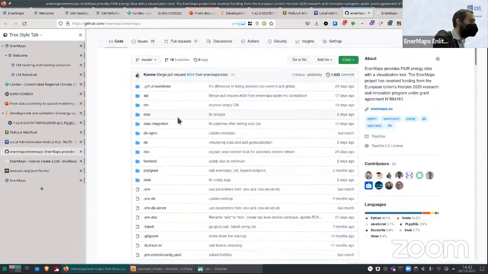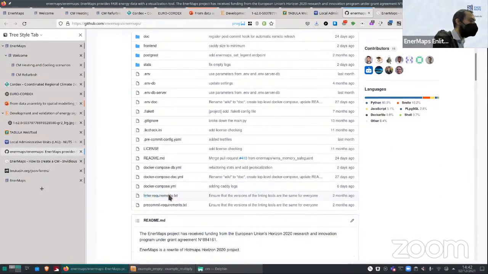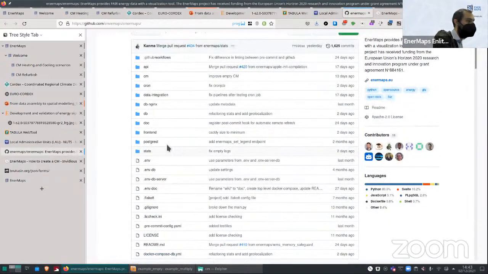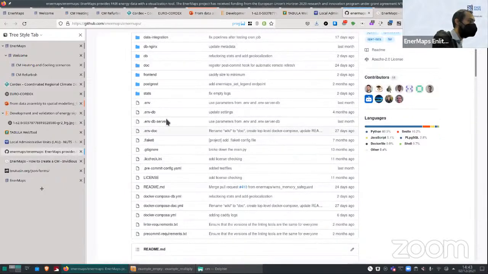The platform is using a Docker Compose system. So just to understand a bit, we use Git for tracking the changes in the code, and we use Docker Compose to make the platform available on your machine. We develop all the calculation modules, but also the whole platform and all the integration tools, and so far everything has been developed in Python, just to let you know.